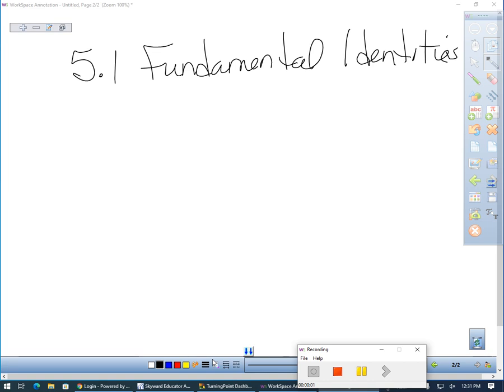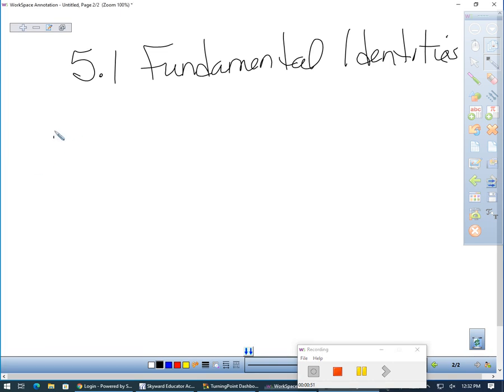As I was saying, when we talk about identities, an identity is something that means something else. It's something that's already been proven, and we know that it means a certain thing. So for example, we've talked already about how some of our trig functions have inverses of each other, right? So for example,